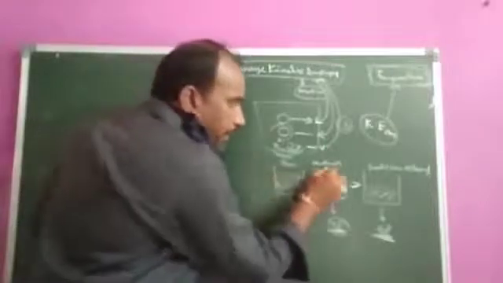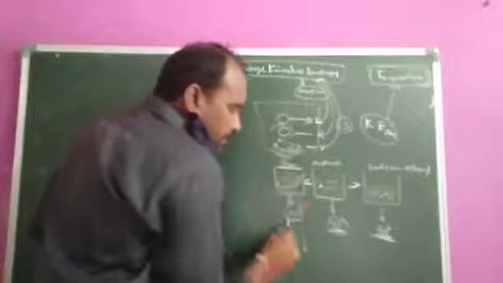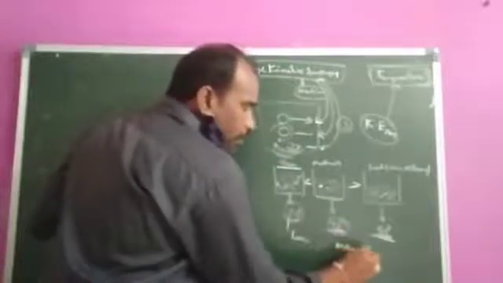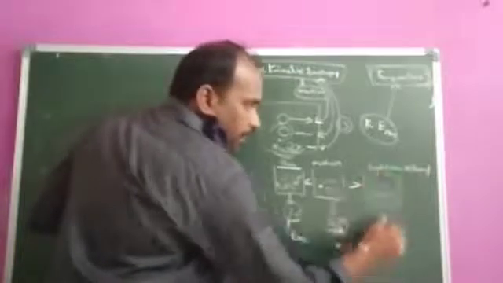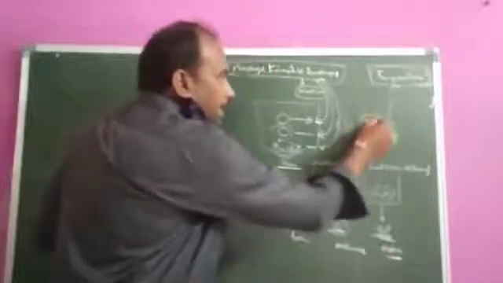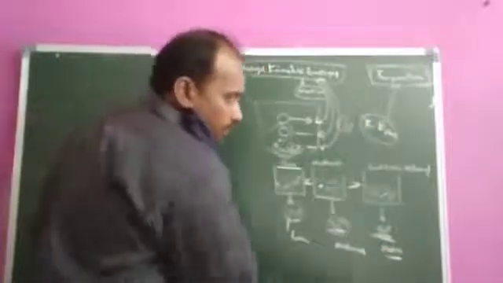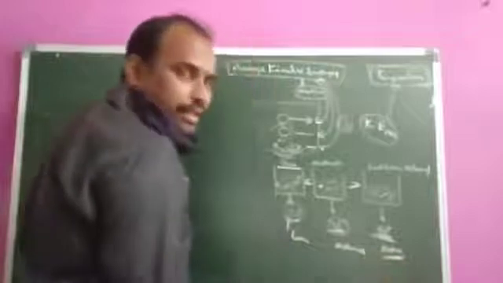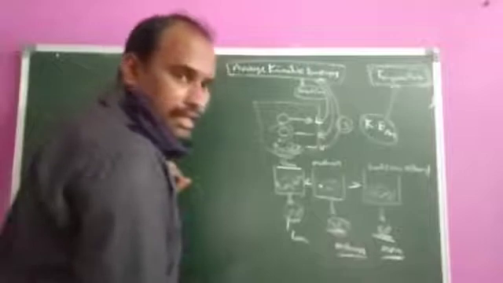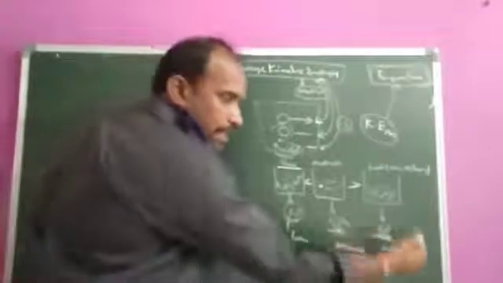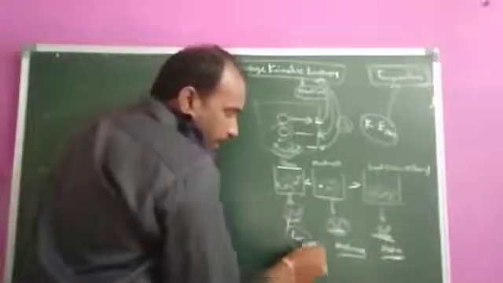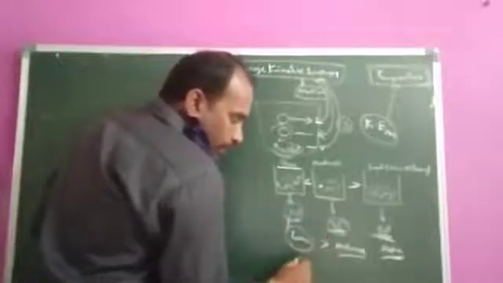Slow, medium, fast: slow means velocity is low, medium means velocity is medium, fast means the velocity is more. Kinetic energy is related to velocity. So where the velocity is more, the kinetic energy is more. Where the velocity is medium, the kinetic energy is medium. Medium means less than the higher, more than the lower.